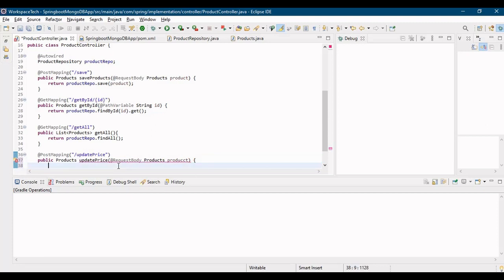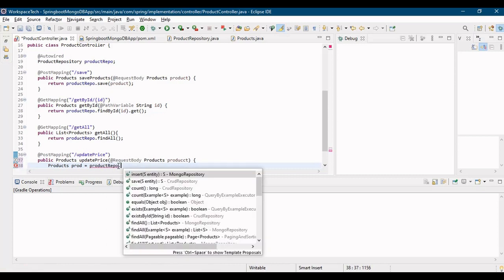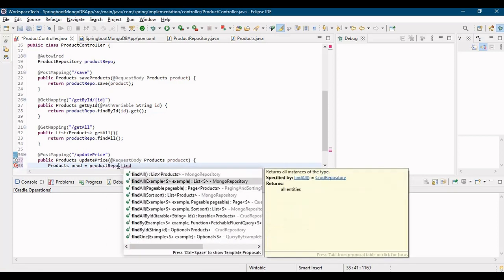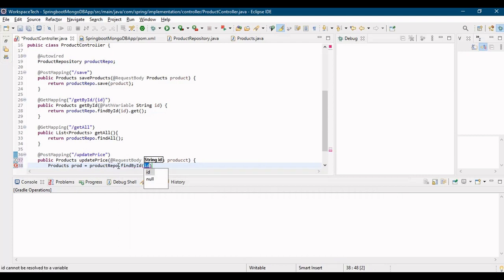So we can simply say product prod equals product repo dot find by ID. Right, you can see the find by ID returns an optional, so you have to do a get to make it a product. So you can say find by ID, and what we have to pass here is product